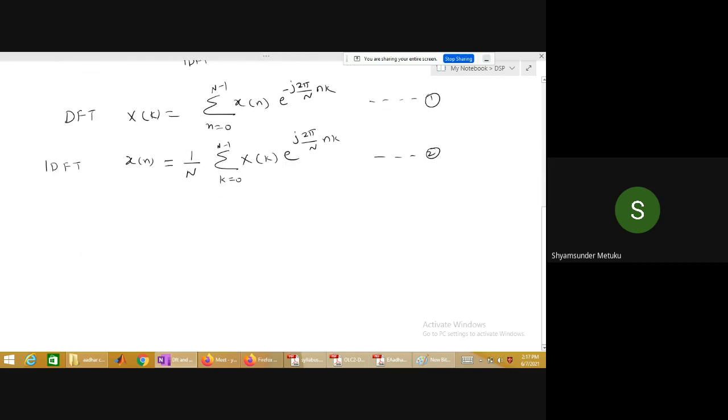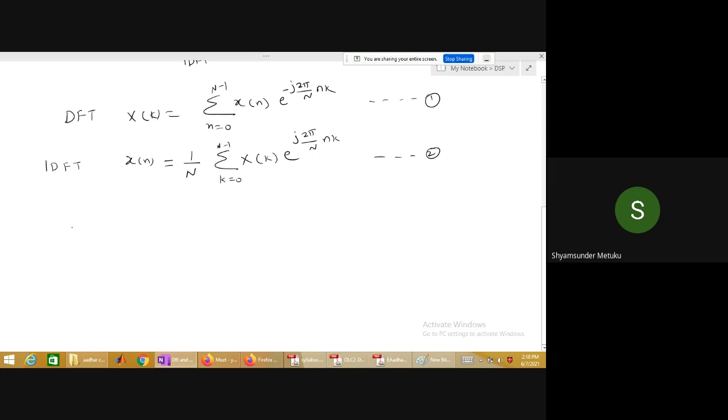Everybody is able to hear me? Tell me. Yes, sir. Can you repeat that IDFT concept? IDFT means inverse discrete Fourier transform. If somebody is giving the signal in the frequency domain and you want to convert back to time domain, then we need to apply the second equation. Okay, X of k is given, x of n needs to be calculated. That is called IDFT, frequency to time conversion. Whereas if x of n is given, X of k needs to be calculated. It is time to frequency conversion. Okay.